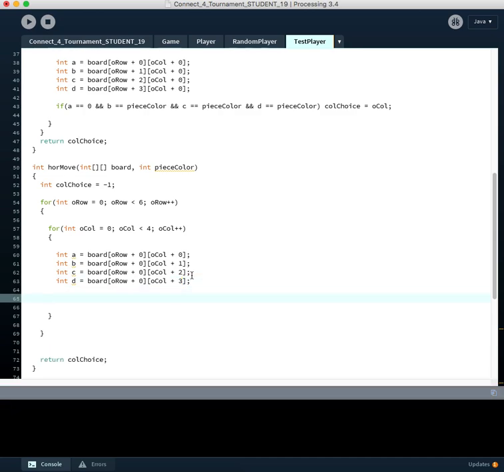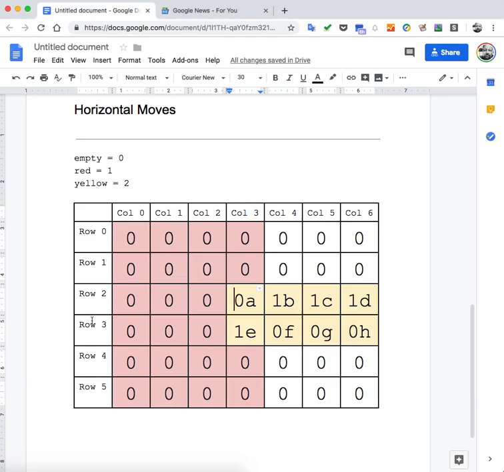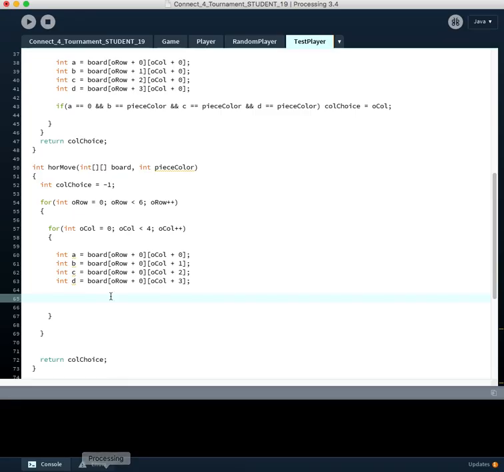Now, because if we just did this for E, F, G, and H for these lower positions, as soon as the originating position is here, we would be out of bounds because we'd be down here looking for those things. So I have to account for that with an if check. And the way I'm going to do this is I'm going to say if O row plus 1 is less than 6, I know we're in bounds, and so I'm going to create those variables